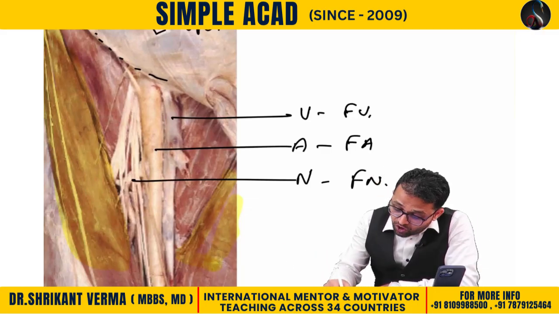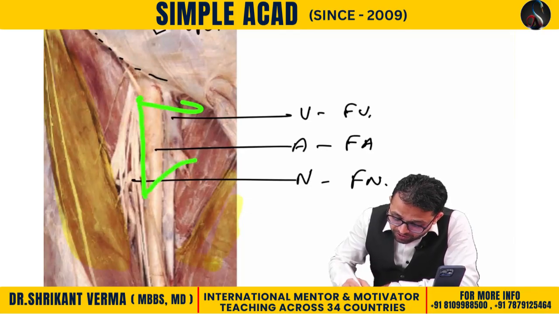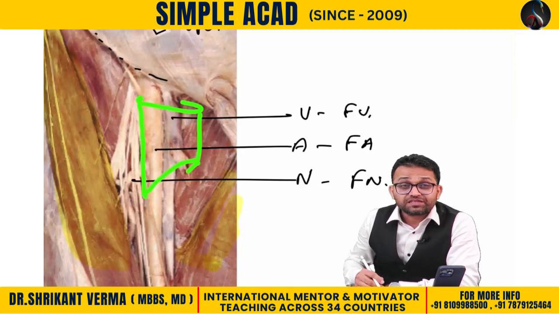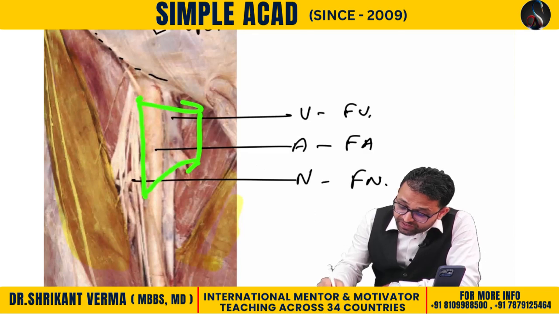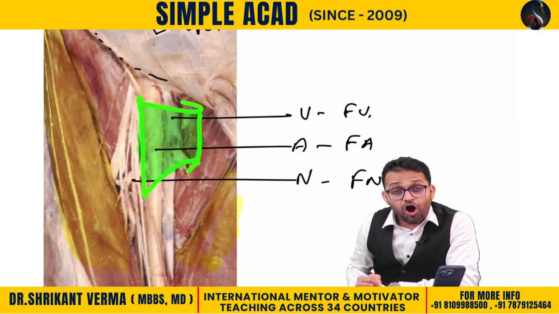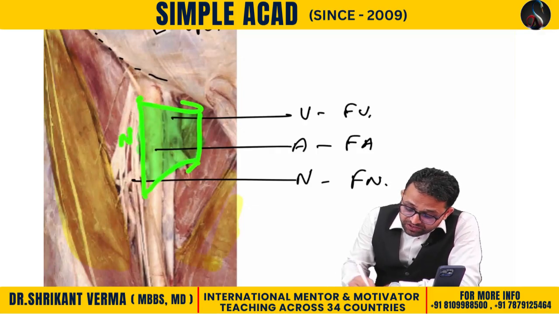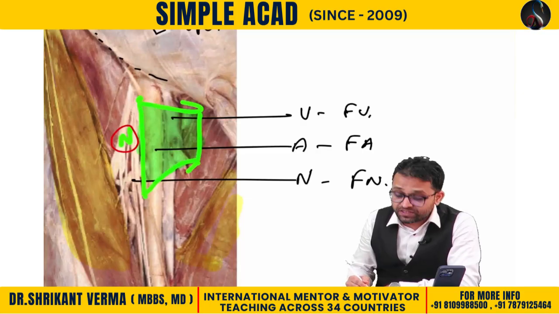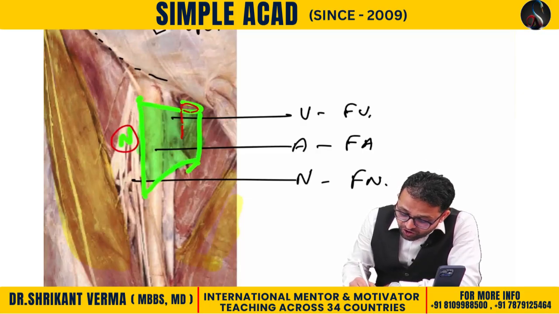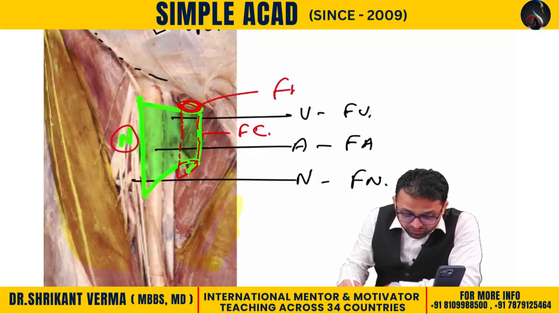Now, as one protection around all of this, there is the femoral fascia. God created one fascia modification around these femoral vessels. So this is our femoral sheath. All are contents of the femoral sheath except the femoral nerve, which is not a content. The femoral nerve is outside. Getting the point? Now the medial-most compartment of this femoral sheath is known as the femoral canal, and the upper free margin is known as the femoral ring.